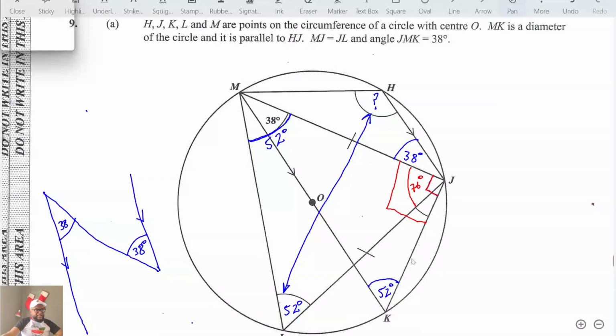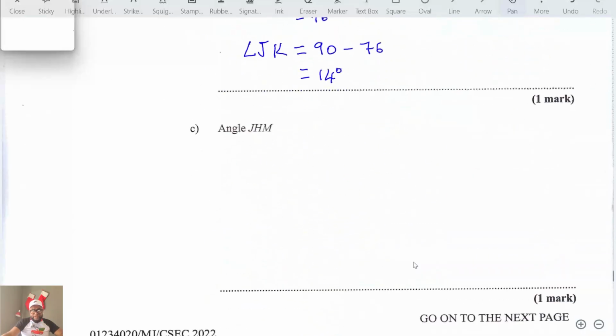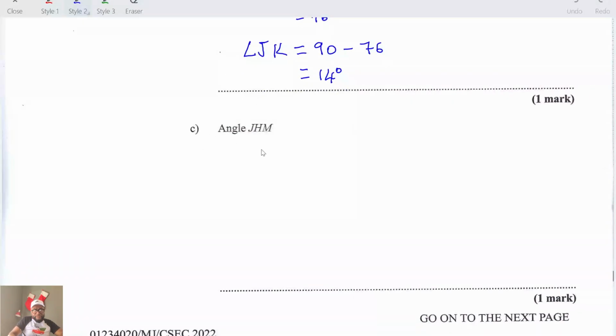They did not ask us any reasons in this part, right? Okay, so we want JHM. JHM is equal to 180 minus 52, which will give me what? 128,